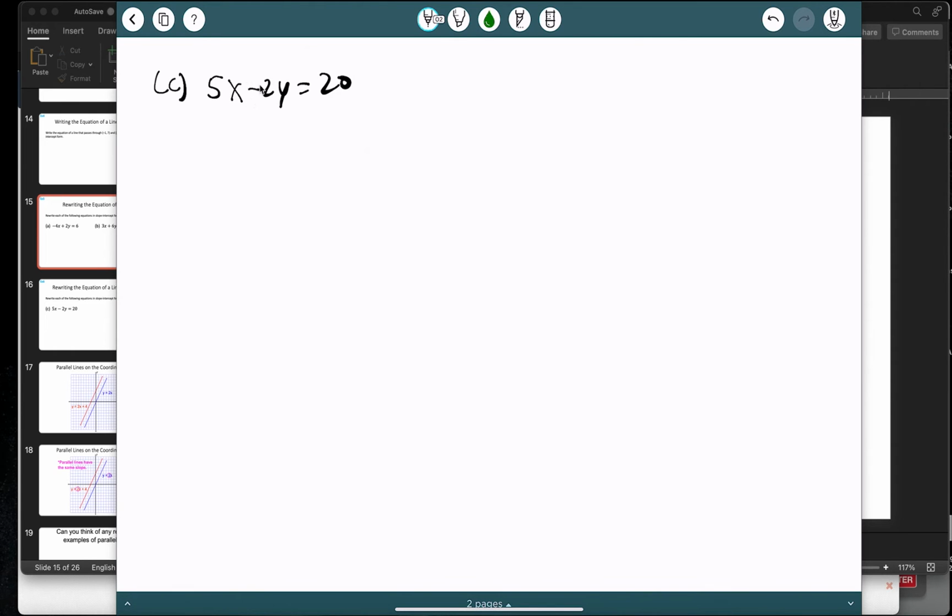So be careful here because it's a negative 2y, so you're going to have to ultimately get rid of the negative 2. But first off, this 5x is in the way, right? So we could minus 5x. Okay, so we'll have a negative 2y equals negative 5x plus 20. So negative 5x, and then if it's not negative, it has to be positive, so plus 20. So we have to divide here by -2, so make sure that negative comes along with it. So if I divide everything by -2,